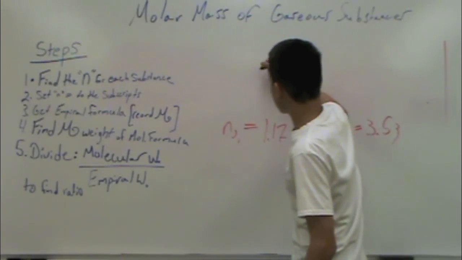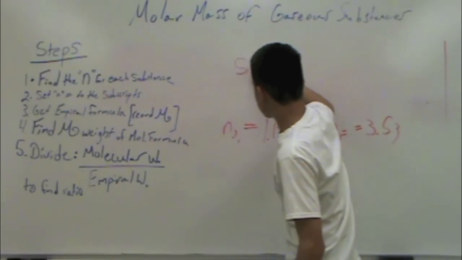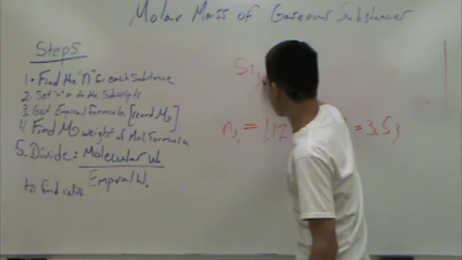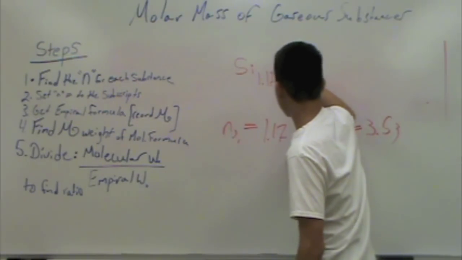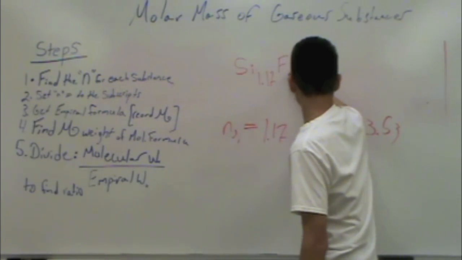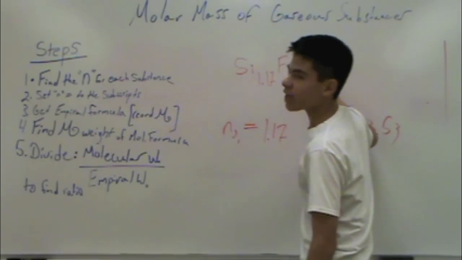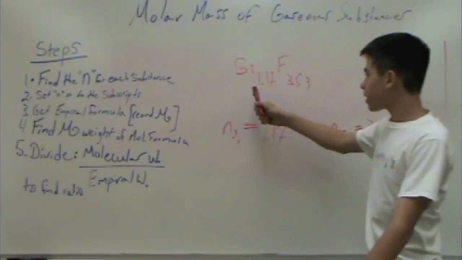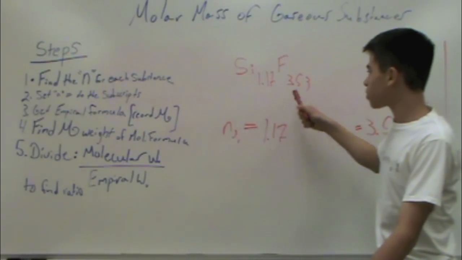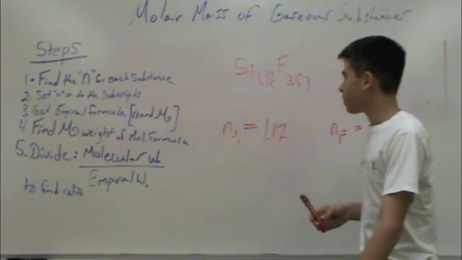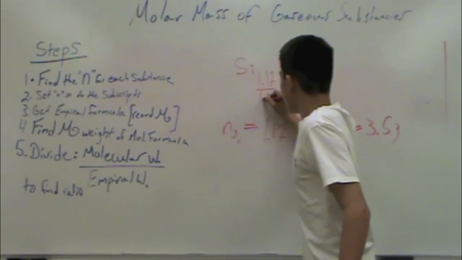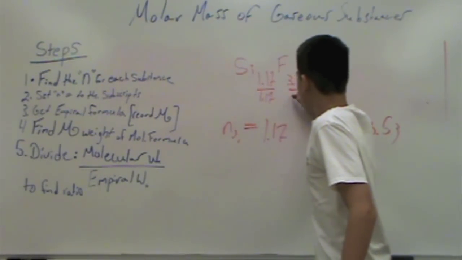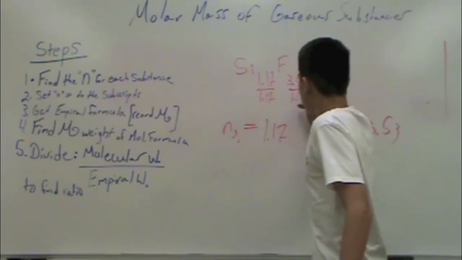So that means for silicon, it would be silicon with a subscript of 1.17, and fluorine with a subscript of 3.53. So then we're going to divide by the smaller subscript, because we're going to want to get an empirical formula with one of them equal to 1. So in order to get the smaller subscript out of the way, we're going to divide,